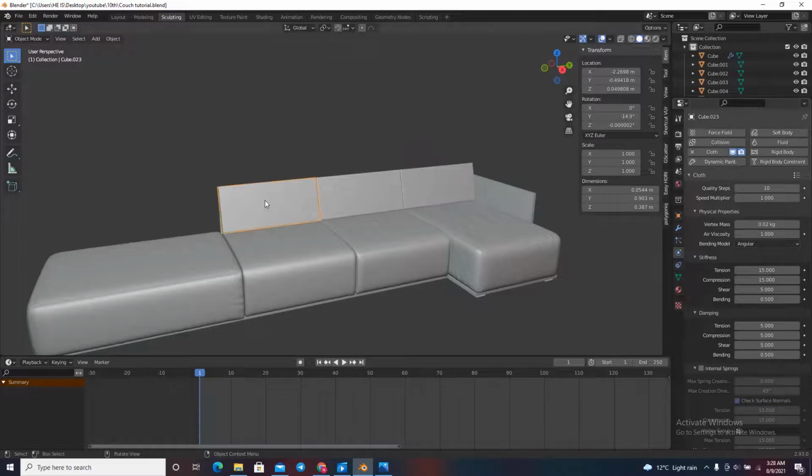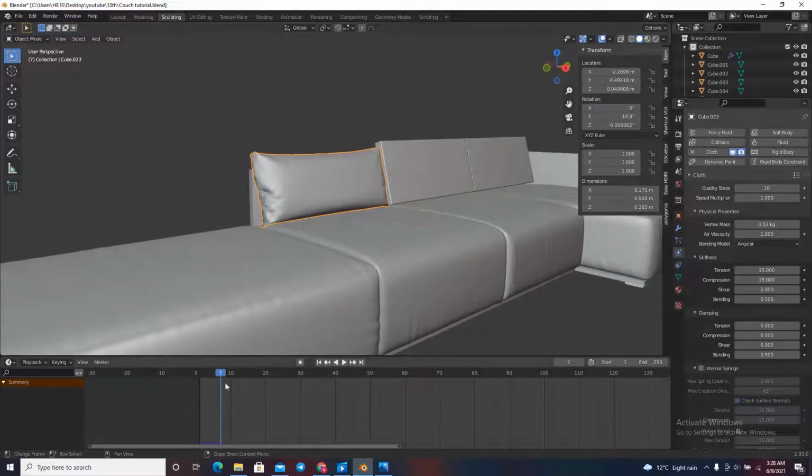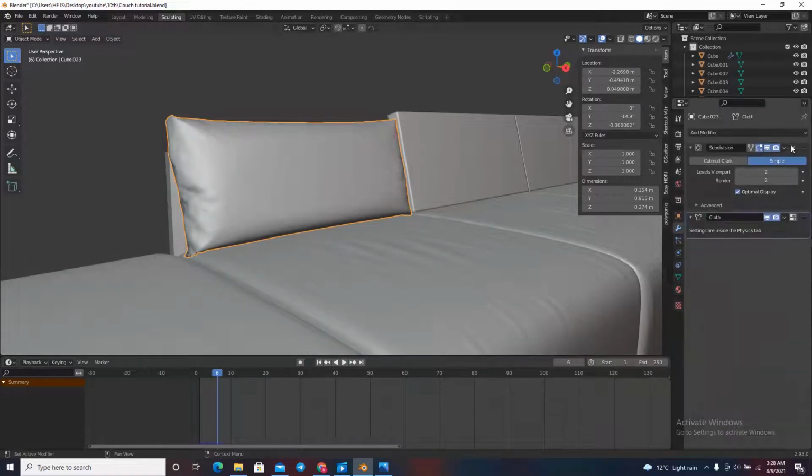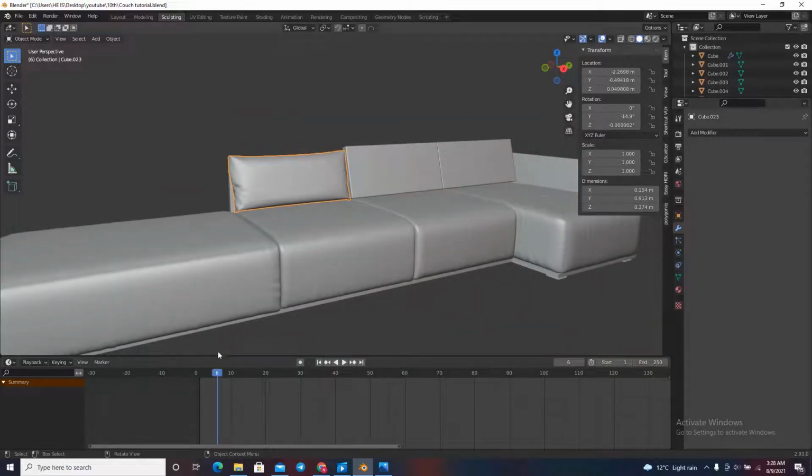the cloth also, select this one and animate it, or let it simulate until frame 6, since frame 6 was the value that we have selected before. So just go to frame 6, select this one, go to the modifier properties and apply the subdivision, and then apply the cloth. Now this one is applied,